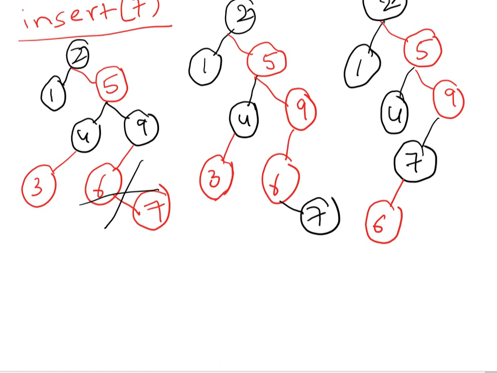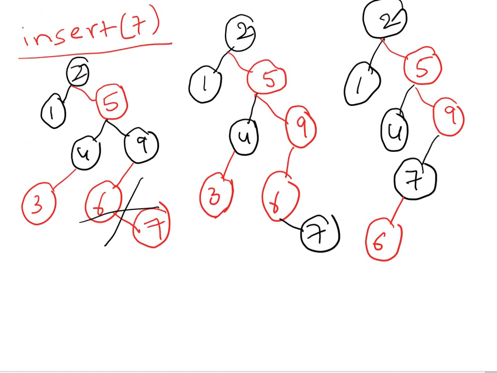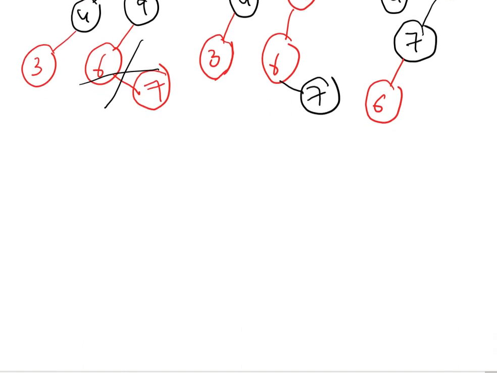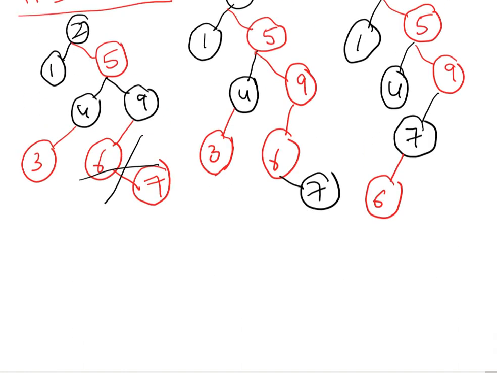I am saying the color of 6, sir. 6 color should be black. Yes, sir. If it is black, then these two properties are violating, because a red node should have two black children. Are you understanding? No, sir. Repeat again, sir. See, you want me to make this one black, am I right? And this one will be red. Am I right?